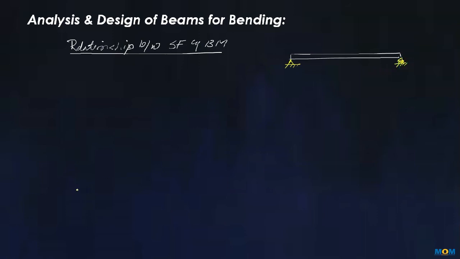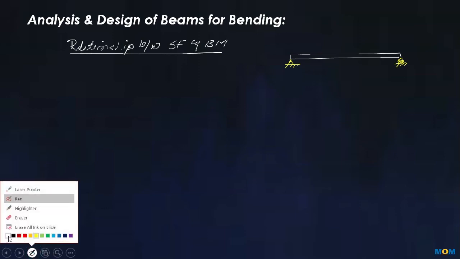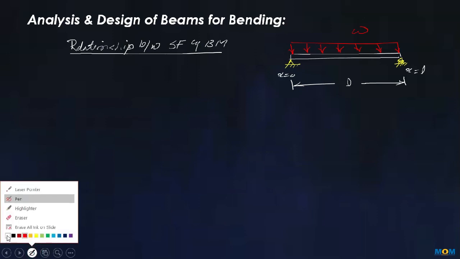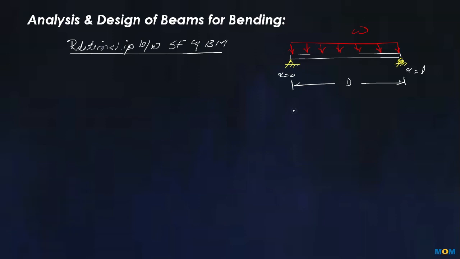Now the length of the beam, let's suppose, is L, and from this side this is x is equal to 0, this is x is equal to L, and this is subjected to a uniformly distributed load omega. And just to draw a free body diagram,